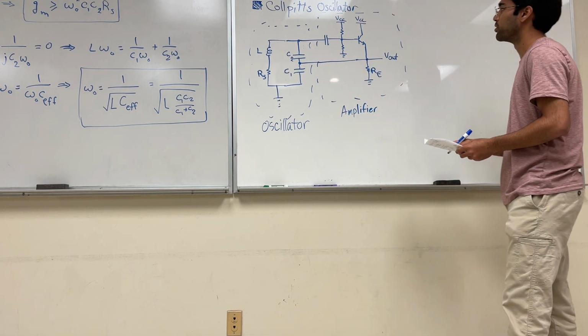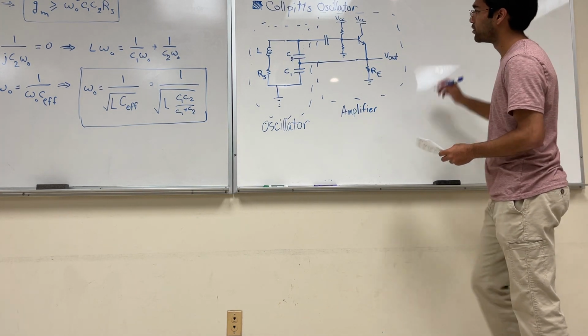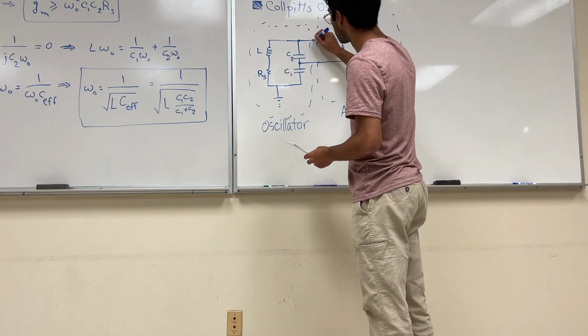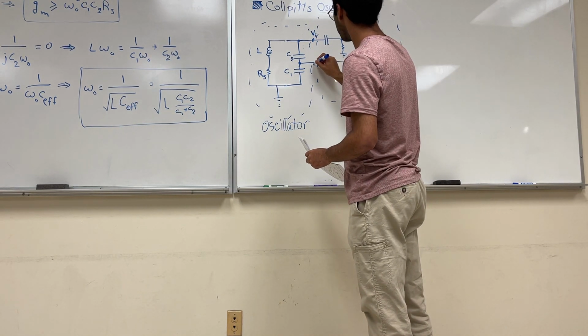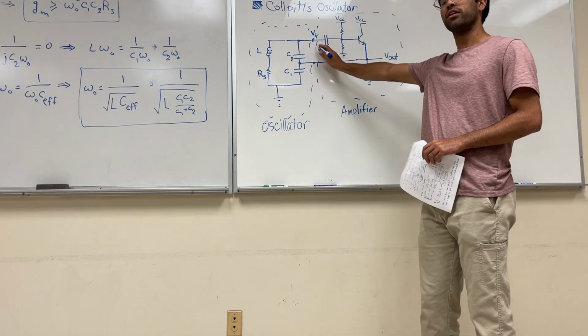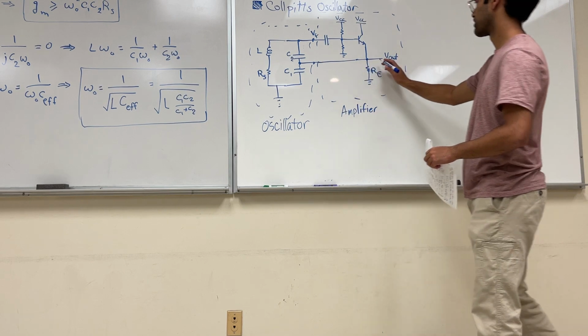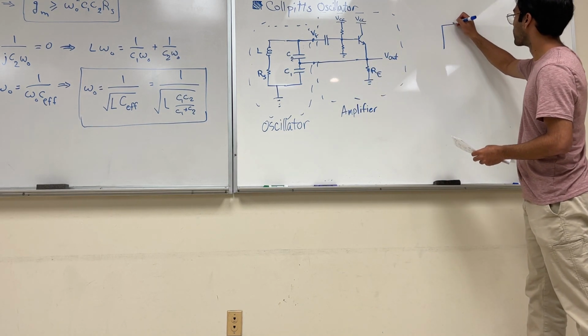Okay, and so we can model this at a higher level through a feedback loop, looking at, say, this node over here and this node over here. Okay, so this is a node we'll call VF, and this is V out, as it's connected to V out. So that ends up looking like